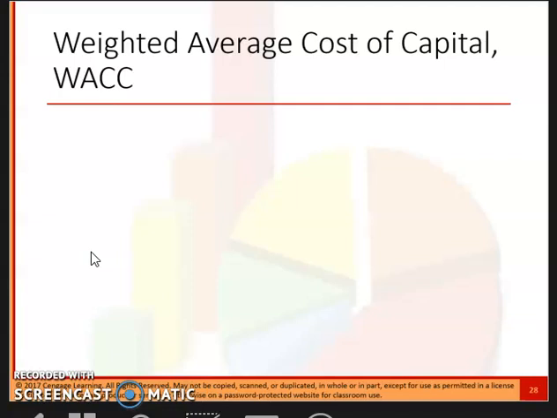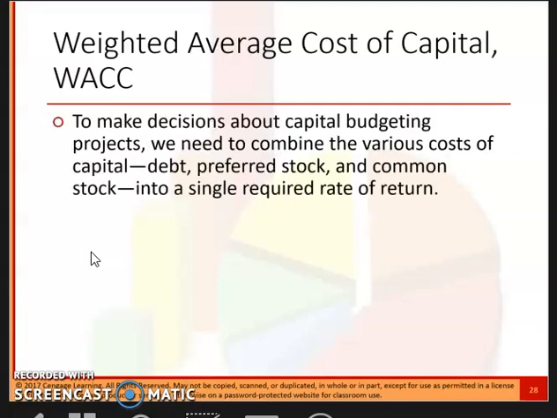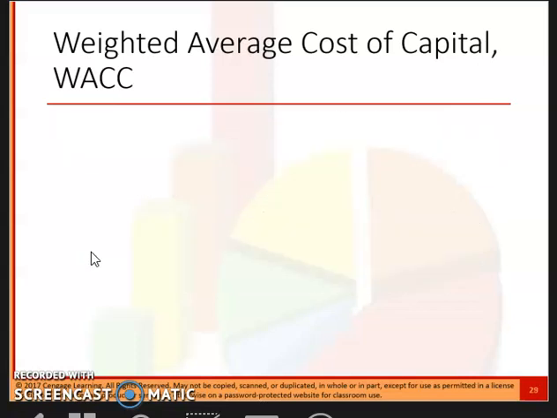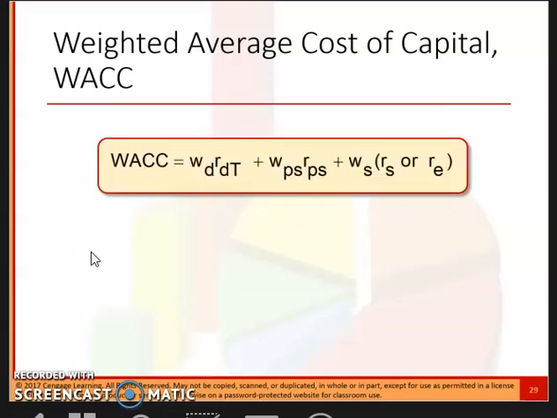So, weighted average cost of capital. When a firm makes decisions on capital budgeting, we combine the costs of debt, preferred stock, and common stock into a single required rate of return. The weighted average cost of capital is the weighted average of all the costs of all the components, representing the proportions of these sources of financing. So the weighted average cost of capital, or WACC, is the weight in debt multiplied by